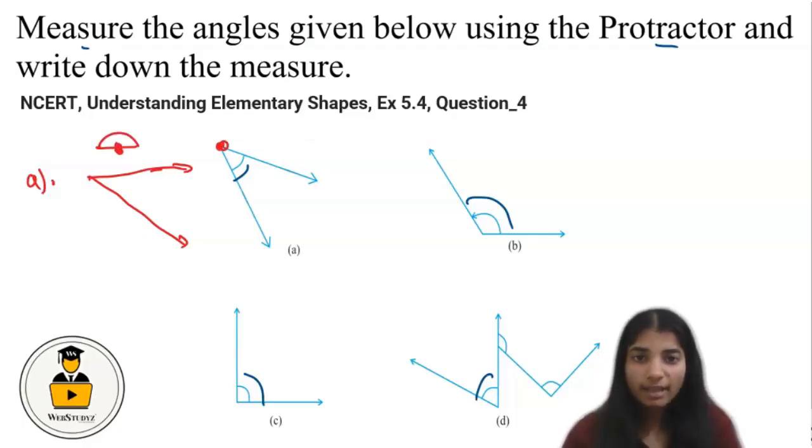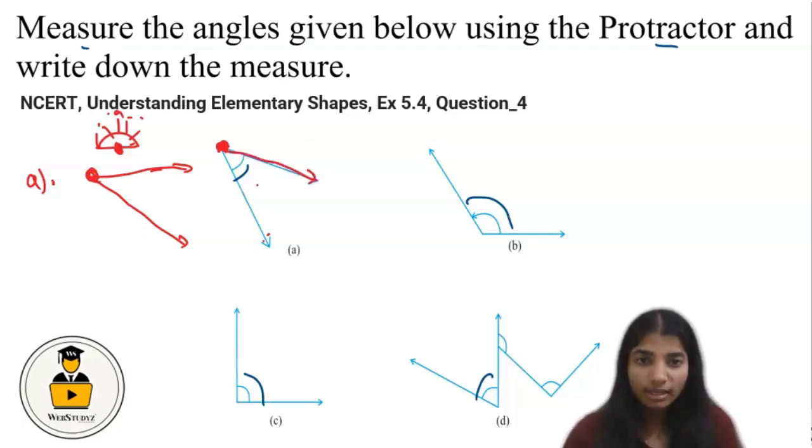At the edge of the angles we always have to take that center point, and for that center point there are lines, and using those lines numbers are given. Basically those are the numbers of the angle. So putting the protractor at this center we have to measure the angle, so the number which is given on that line must be the angle here.